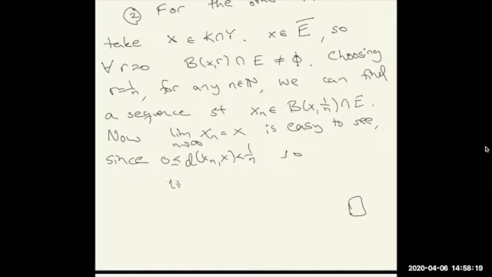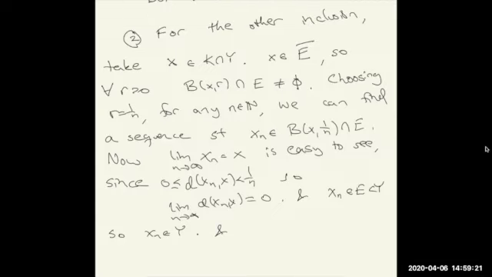So the limit as n goes to infinity of the distance from x_n to x is equal to 0. And this is the definition of convergence. So we get that x_n converges to x, and x_n are all elements in E, which is a subset of Y. So x_n is in Y, and x is in Y,